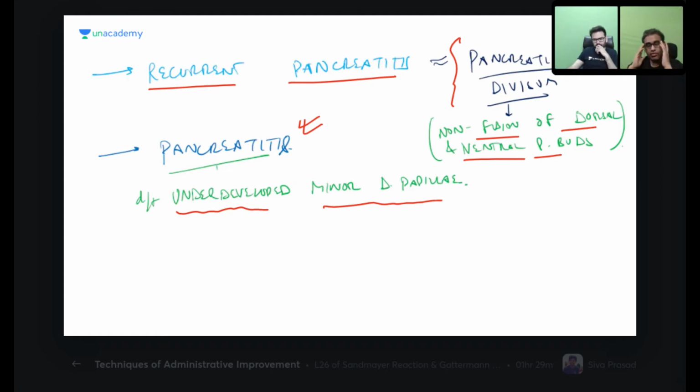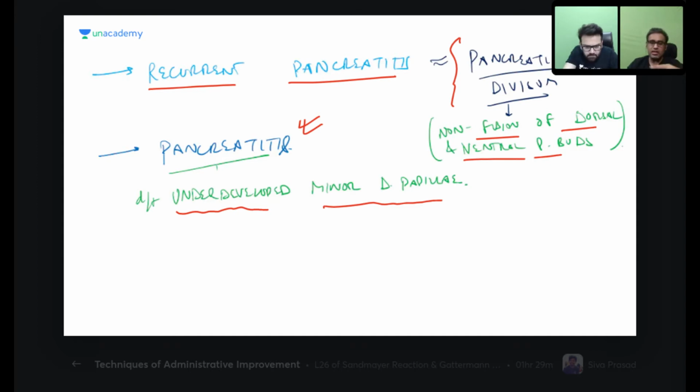So in a patient having pancreatitis, one of the reasons, it is not the reason, one of the reasons, is that the minor opening was very much underdeveloped. Imagine if the major opening got blocked. In those cases, the secretion could have gone through the minor opening also, though to a lesser extent, but it should have gone. But it is seen that patients who developed pancreatitis had an underdeveloped minor duodenal papilla. So that is the second applied part which I want to tell you from the ductal system.